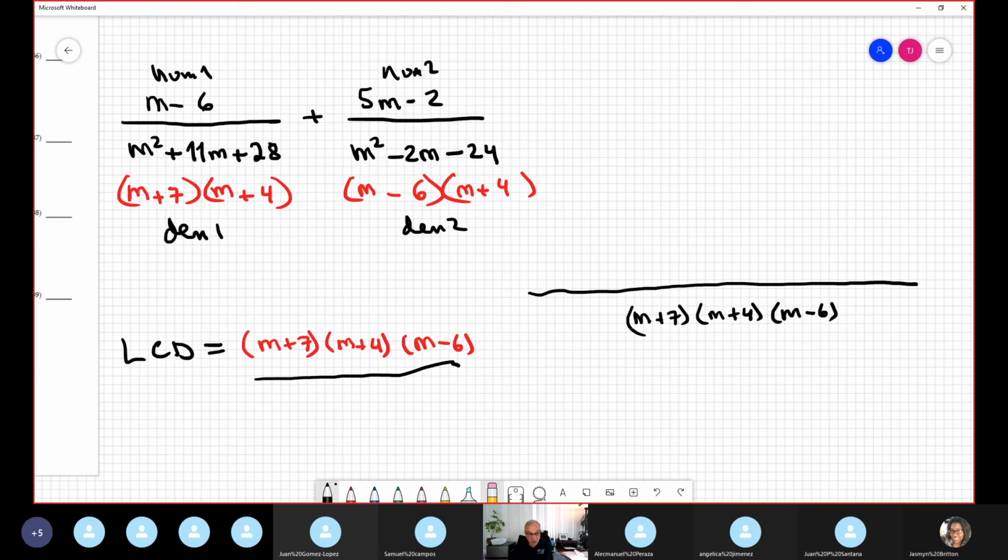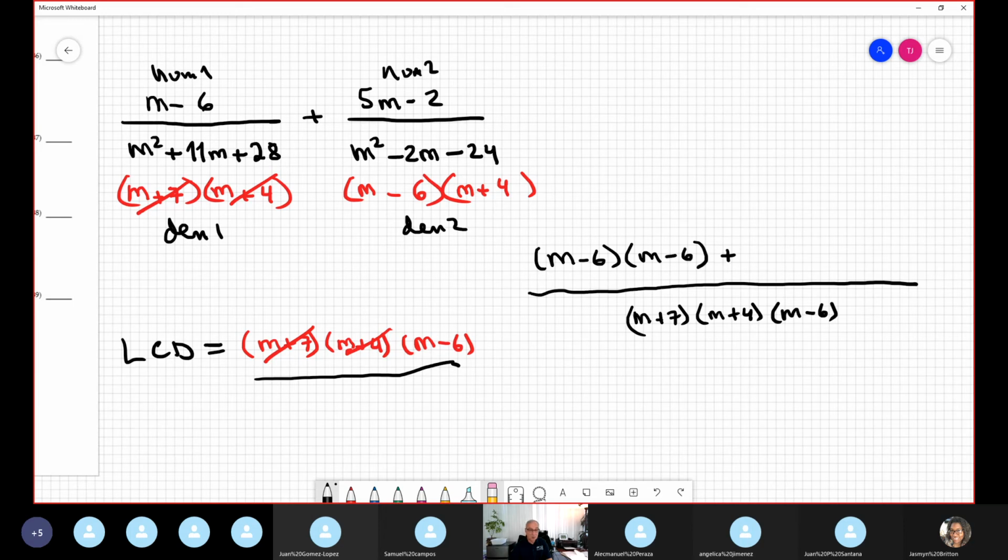Okay, let's do it, but mentally, no? Not mentally. So using different colors. For example, when you are doing the first division, the LCD divided by denominator 1, it's obvious that x plus 7 is cancelled and x plus 4 is cancelled. And only m minus 6 times itself stays. It's a coincidence, but it doesn't always happen. m minus 6 times itself